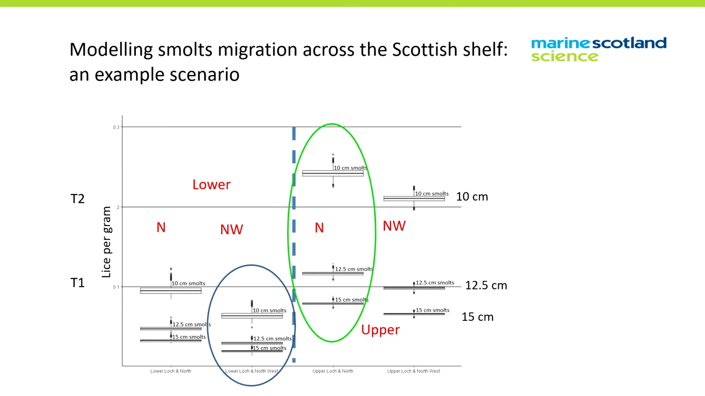But the worst case is where they enter the loch at the upper part of the loch and have to swim the full length and then head out north and go through the Minch Sea. In this case, our larger smolts are still below the threshold, but our moderately sized smolts, our typical smolts, are above threshold T1, so we expect some mortality and/or welfare impacts. And the smaller smolts are considerably above the T2 threshold, so we would expect considerable mortality to occur in the